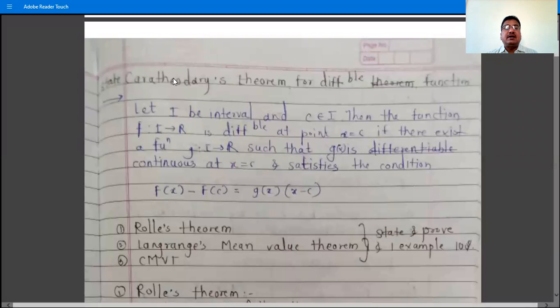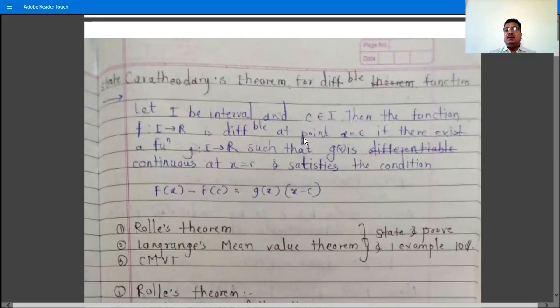Next topic is Carathéodory's theorem for differentiable functions. So let I be an interval and c be an element of I. Then the function f from I to R is differentiable at the point x equal to